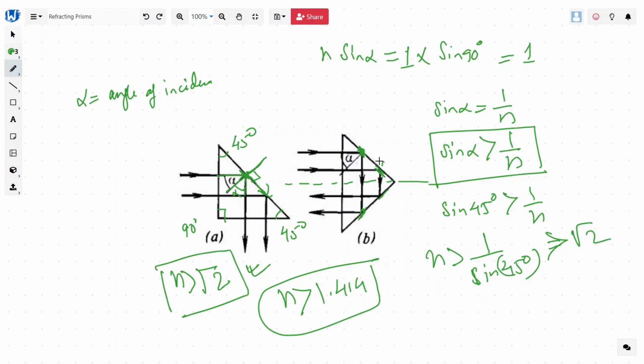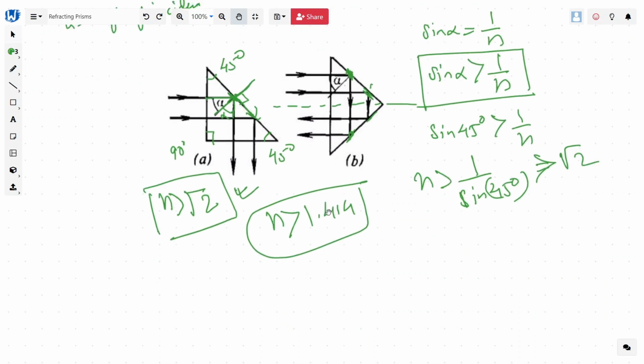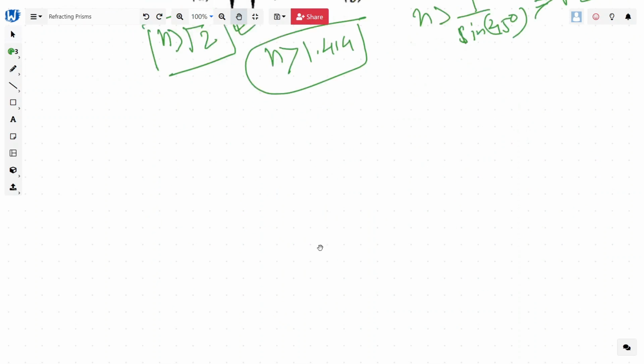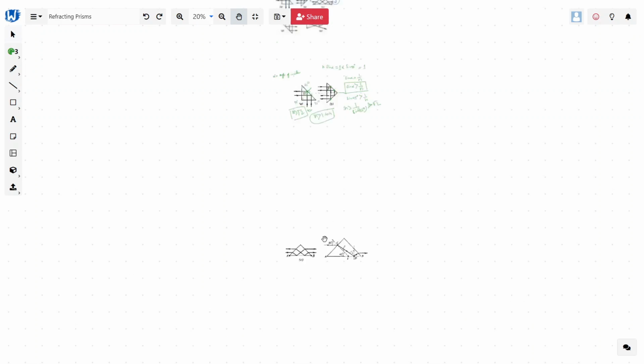Okay, so the point to remember and understand is that in case of an isosceles prism with 45, 45 and 90-degree angles, n has to be greater than root 2, and it will have total reflection, and the prism will work like a mirror. Now in case 2,